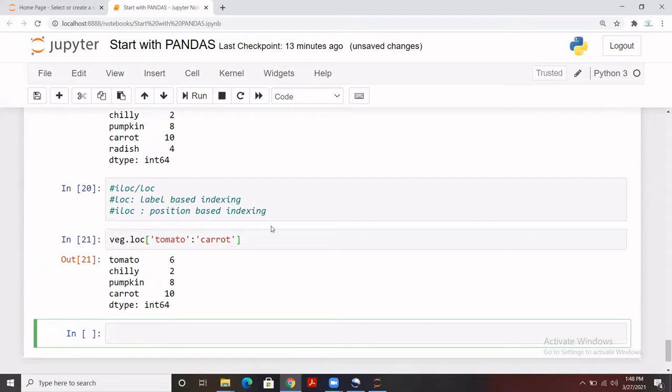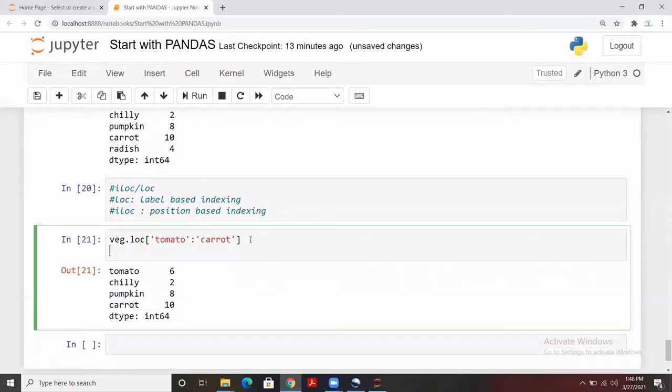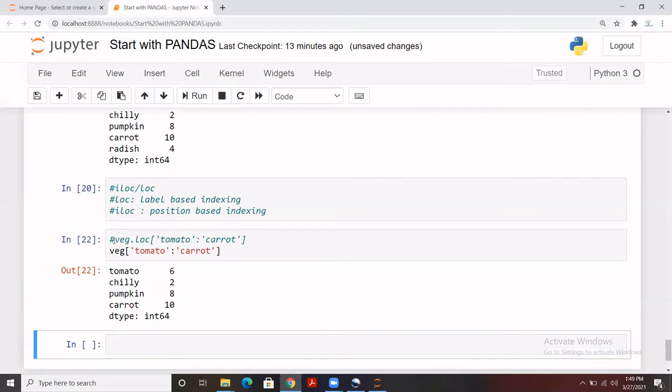The exact same output we can get using this syntax: veg, tomato, here it is, and then carrot. Let me comment this loc one, and here it is. You see that the exact same output it has generated.